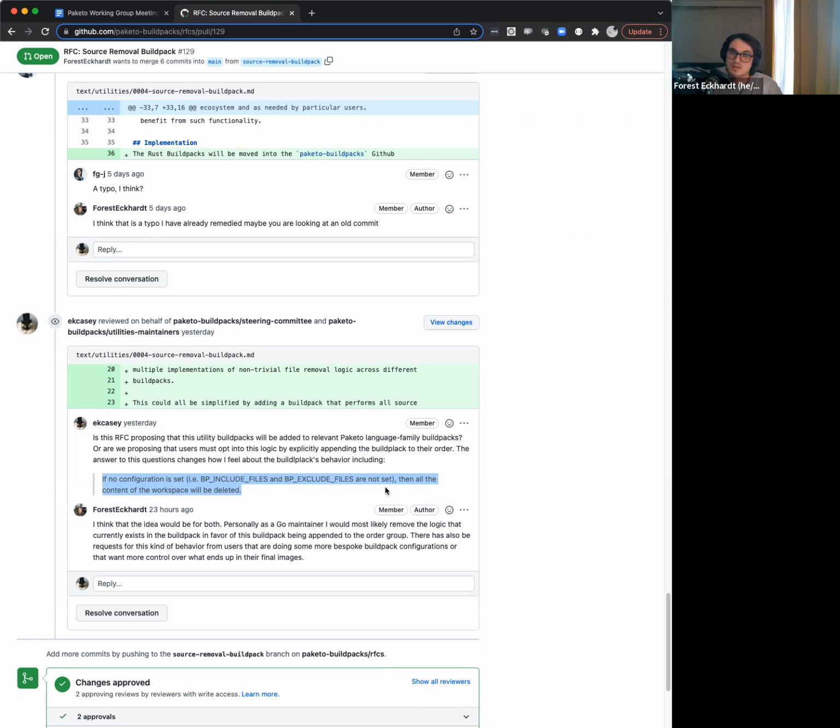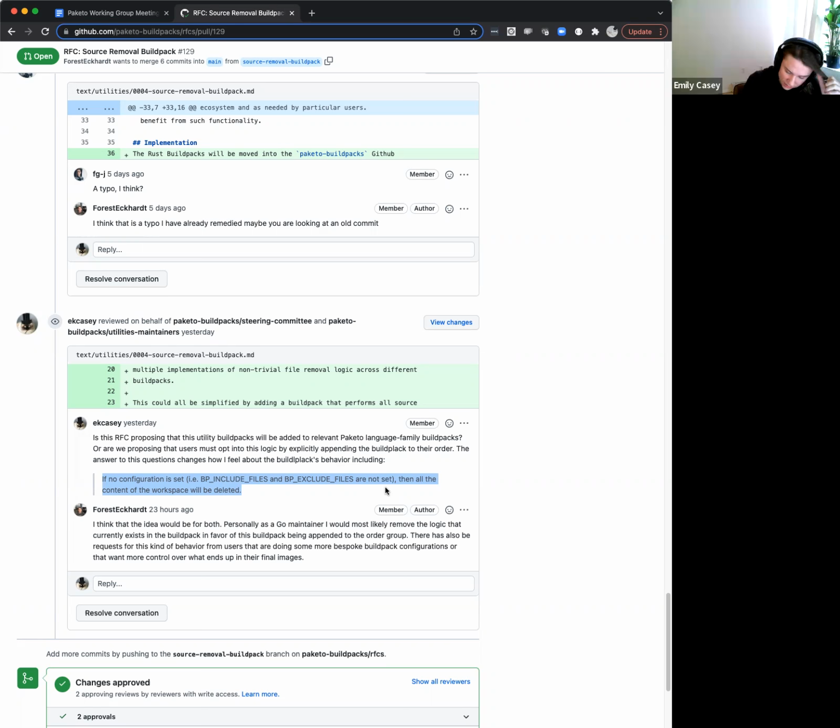I think as a middle ground, Dan and I have talked about potentially exposing this build pack as a library as well. So having the logic be something that can be imported into other build packs, but also having the build pack itself be something that could be added to group orders. So you can get the best out of it, but we haven't committed to that part of the API because we didn't necessarily see it as necessary to make the build pack part of the Paketo project.